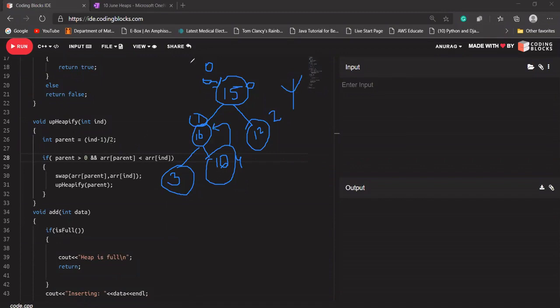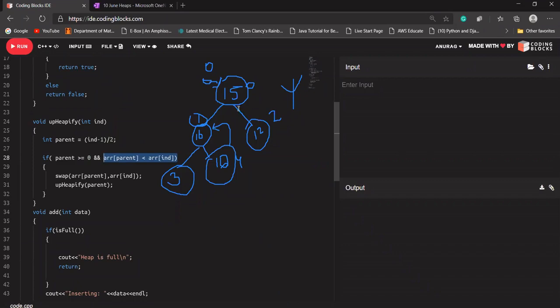But if I write greater than or equal to here, then parent is greater than or equal to 0. Yes, parent is equal to 0, so this condition is satisfied. After that, I'm going to compare 16 with 15.